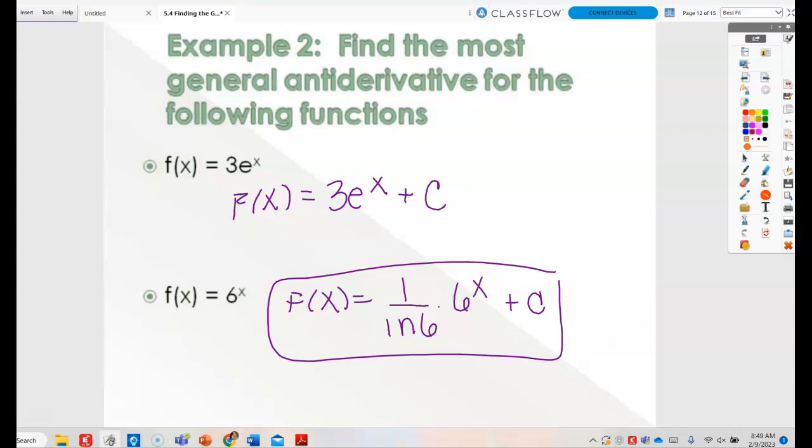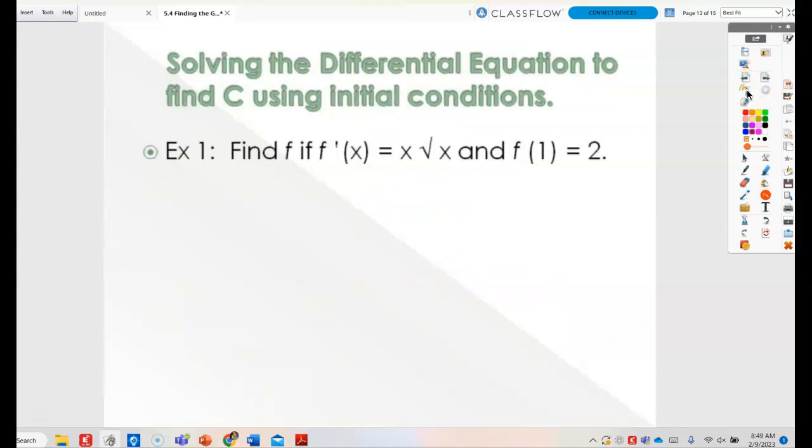And then finally, the part where we get to figure out how does c matter, what does c mean? Well, there are ways in which you can solve for c. So in the fundamental theorem of calculus, we talked about the initial, final, and then the area between them. So this is very similar, but what we can do is take given conditions. So f of 1 equaling 2 is a condition